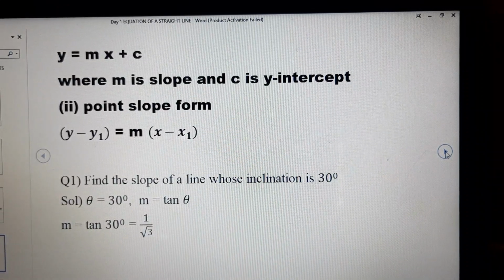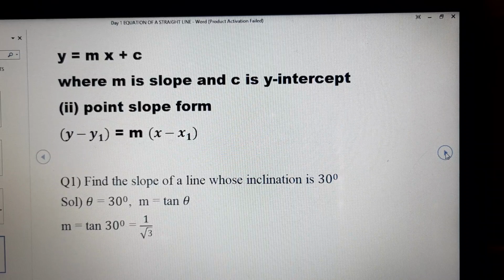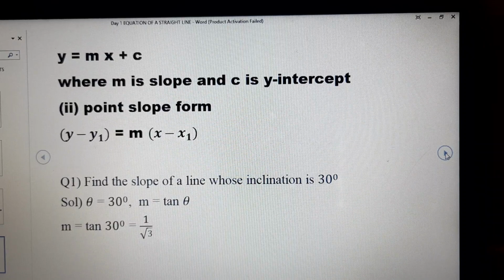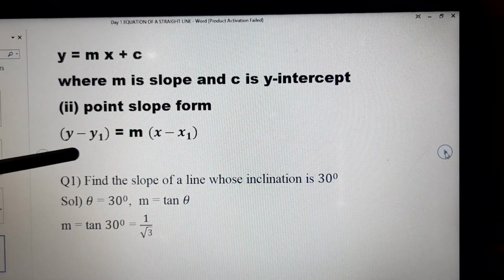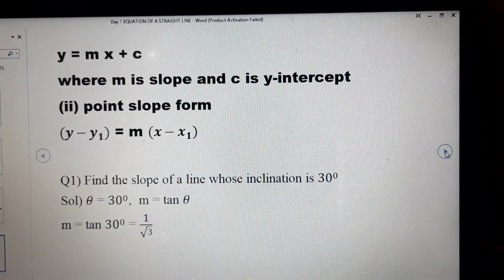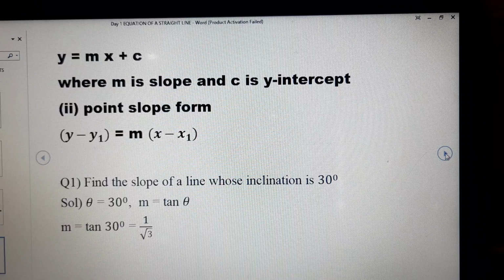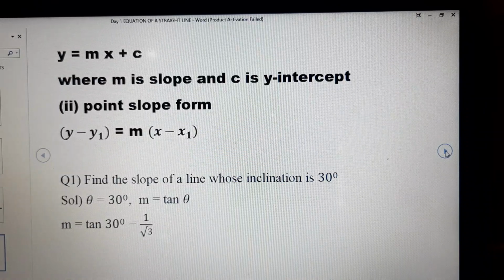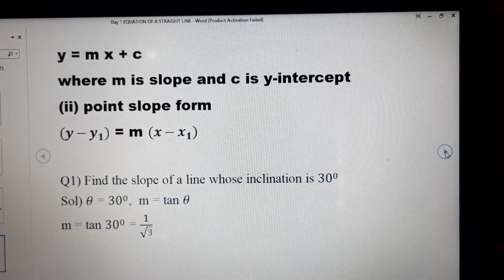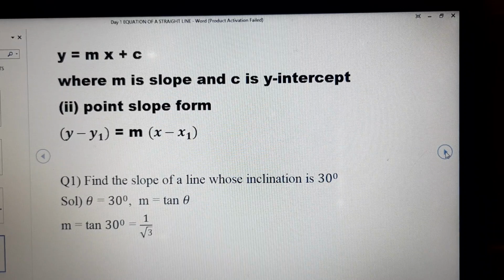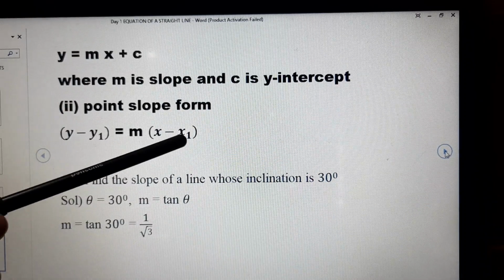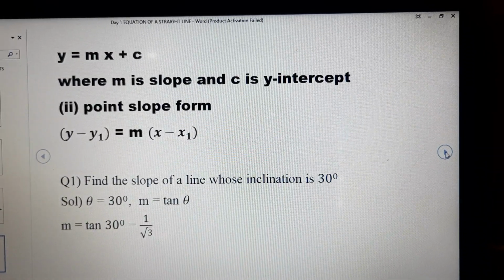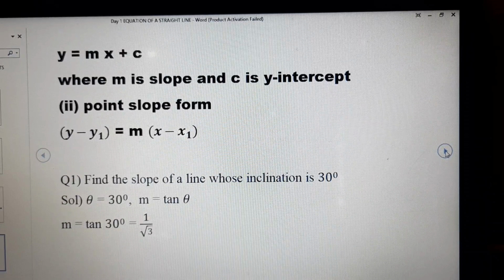And suppose the question is given in this form: the slope of a line is given and the line passes through point (3, 4). Then how will you find the equation? Then you will use point-slope form, which is y minus y1 is equal to m within bracket x minus x1, where m is the slope and x1 and y1 are the coordinates of the point through which the line is passing. Like it is passing through 3 comma 4, so x1 becomes 3, y1 becomes 4. Clear? I'll pick up the questions, then I'll explain it to you.